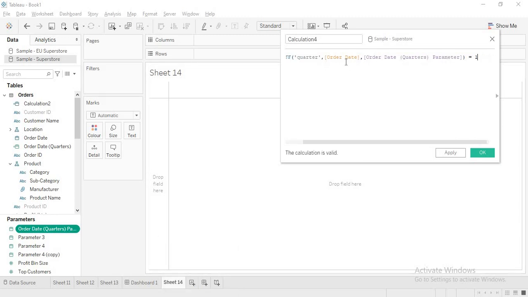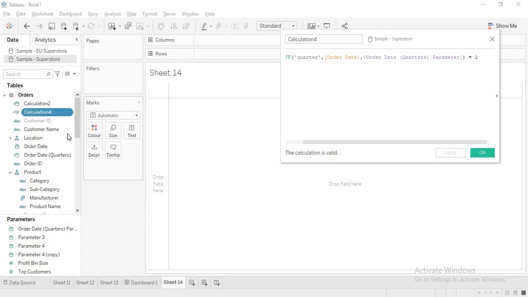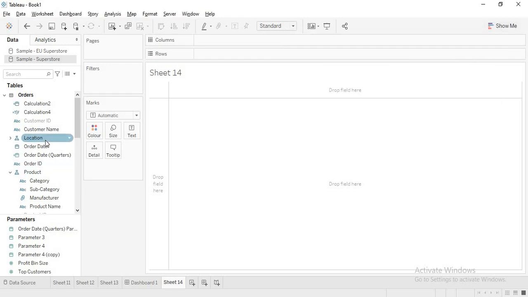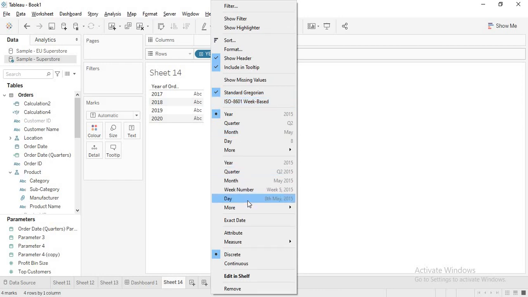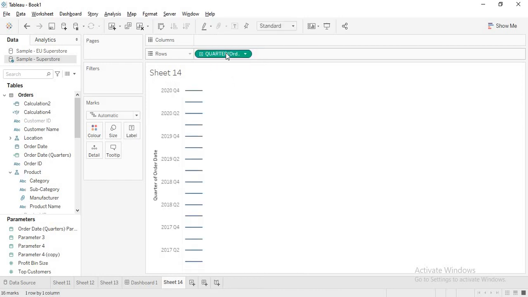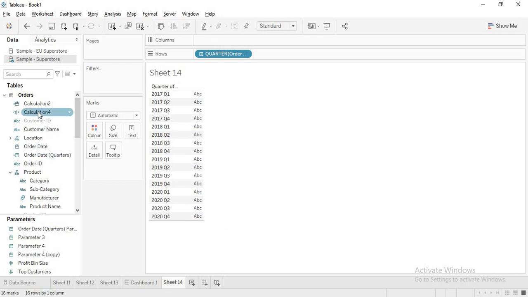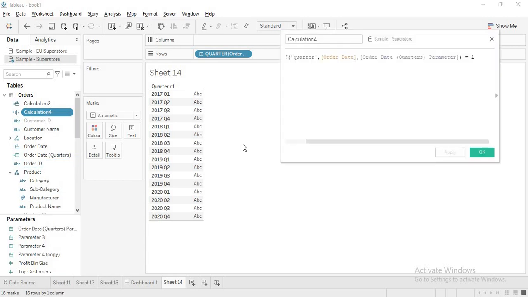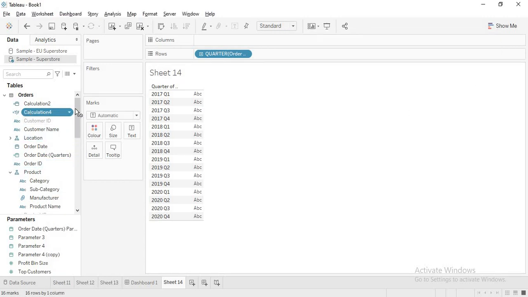What we are saying is, between the order date and the parameter that we have taken, I want the difference to be 1, meaning the previous quarter's values. Now I drag my order date here, select quarters, and make it discrete. Then this is my Calculation 4. Let me drag this to filter.